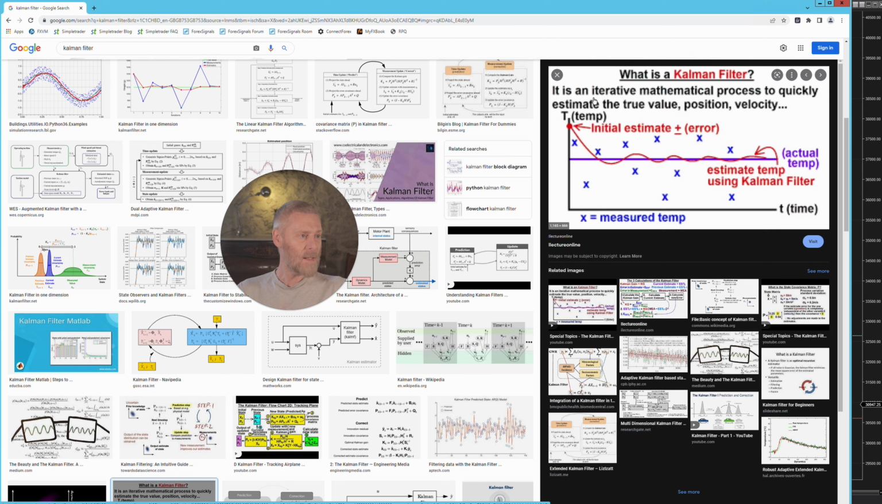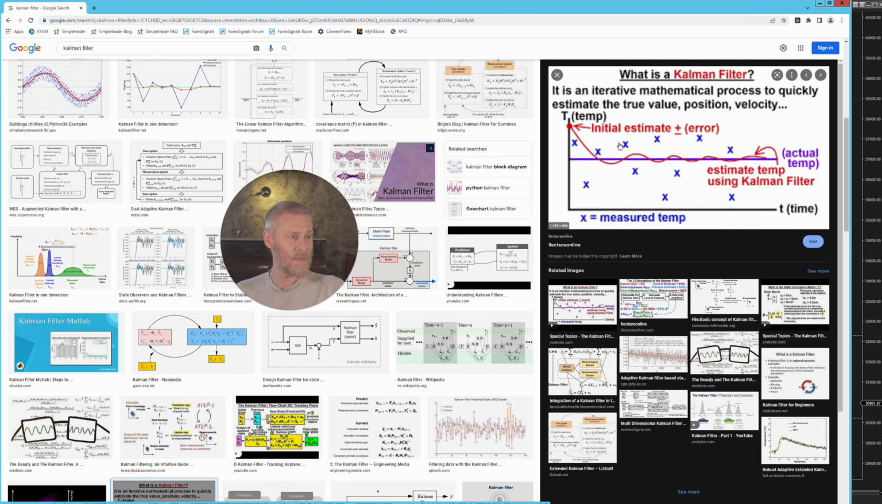It's basically an iterative mathematical process to quickly estimate the true value, precision, velocity, for instance in navigation systems, satellite systems, or an airplane. Positional systems, temperature, all kinds of things. It doesn't matter what it is. All these systems have a calculated value based on your projection of something, and also a measured value. And what the Kalman filter is really good at, it's an iterative process, is to take